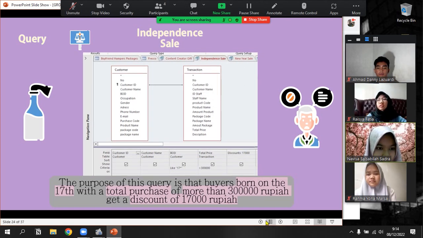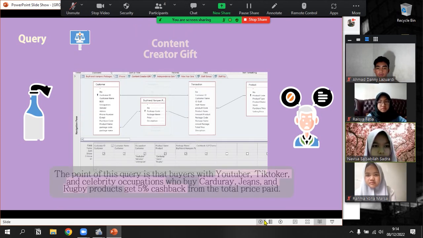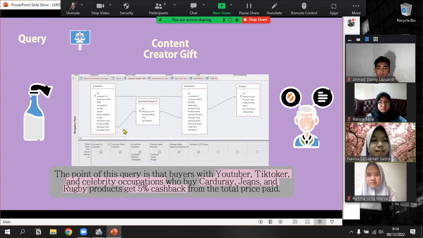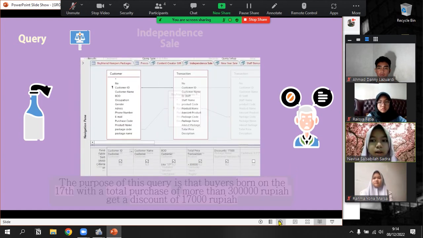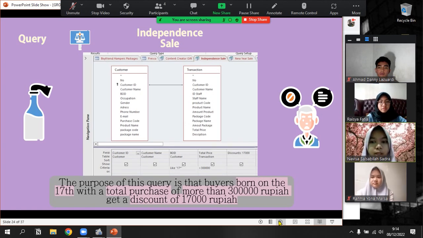is presented by Resha. Okay, thank you, Nafisa. The next one is independent sales. So in independent sales, we want to give a discount for customers who were born on the 17th with a total purchase of more than 300,000 rupiah, they will get a discount of 70,000 rupiah. The next is